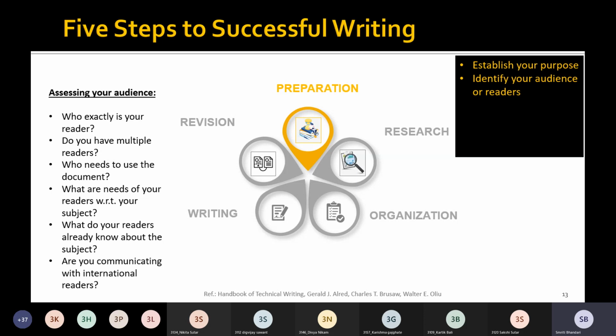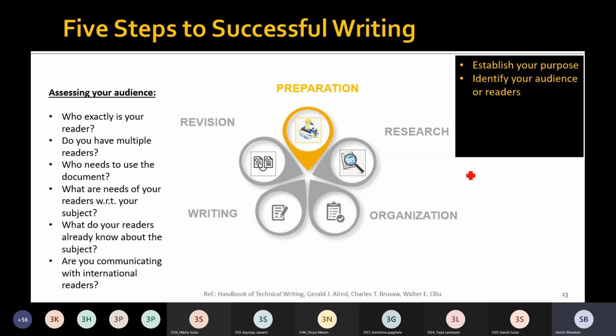Now once again, coming back to our example of the research facilities report. Right? Let us try to identify who is going to read our report of research facilities. Okay?